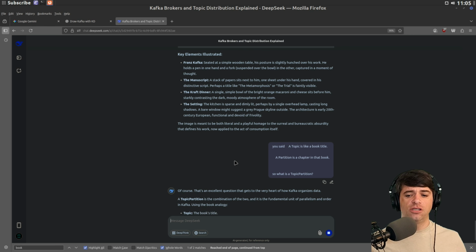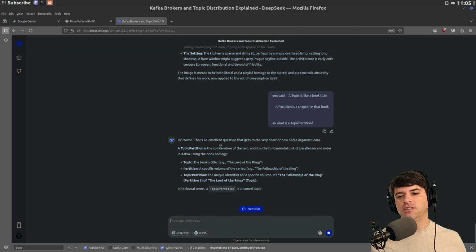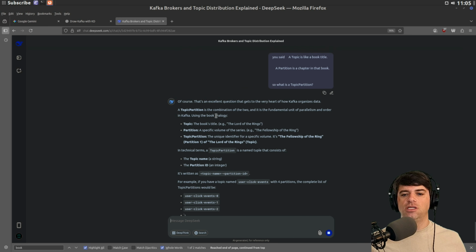That's an excellent question. It gets to the very heart of how Kafka organizes data. Yeah, it does. It really is a great question. So the topic is the book's title, like Lord of the Rings. A partition is a specific volume of the series, like the Fellowship of the Ring. Oh, we've changed your metaphor, man. But that's fine. And the topic partition is the unique identifier for a specific topic. It's the Fellowship of the Ring, Partition 1, Lord of the Rings. No, wait, hang on.